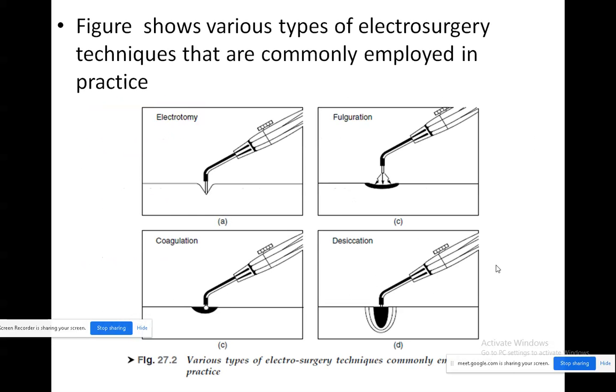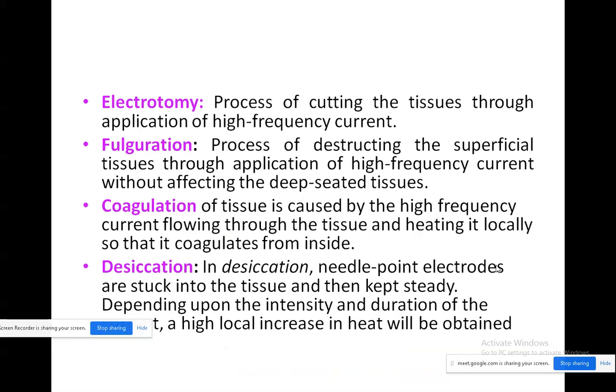Each process has its own meaning. Electrotomy means cutting the tissue with a high frequency current. Fulguration means superficial tissues will be removed. Coagulation, as I told you, means by the heating process you can convert the liquid form into semi solid form. Desiccation